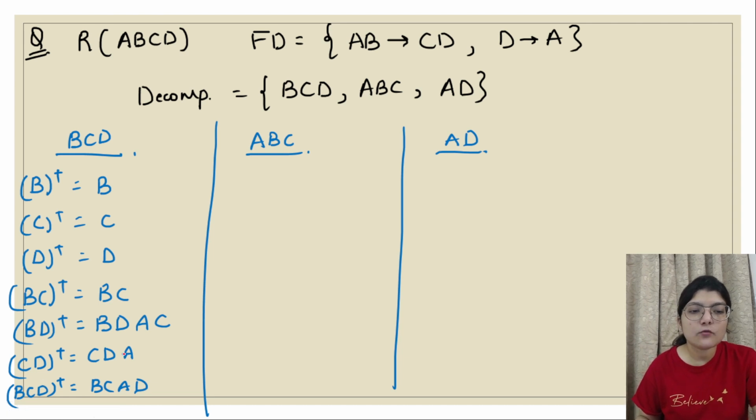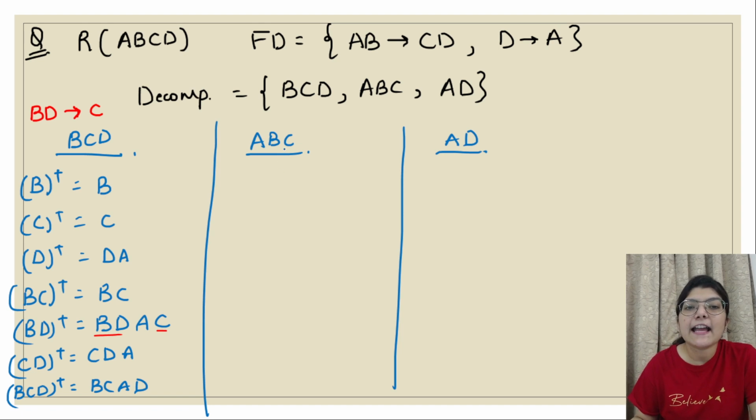So what are the dependencies you have received? So first dependency that you got is, see, now what I need is B, C, D. So in this B, D, I am getting B, D, and C. I am getting all of them. So I can say that first dependency I got is B, D to C. Yes or no? B, D to C. And then B, C, D to, obviously it will include in itself, so I'll not take that. So we will have B, D to C, first dependency that I got from this case. Here from the closure of D you will get A also, but I do not need it because A is not a part of this relation. I have simply written it, but it is not a part of this relation.